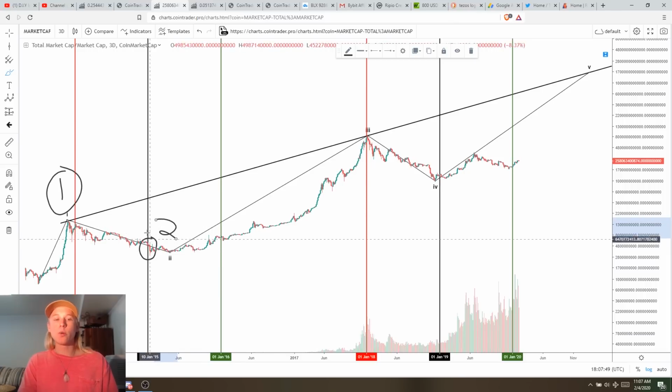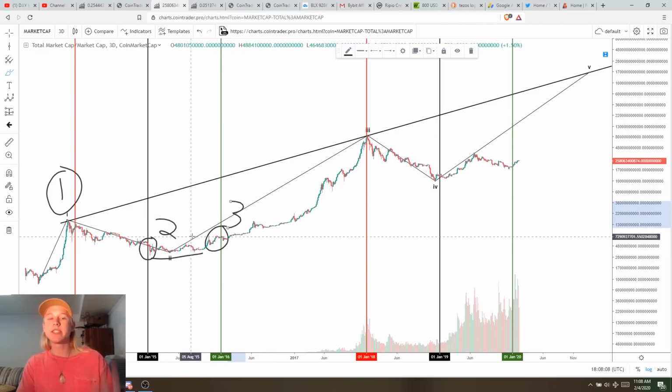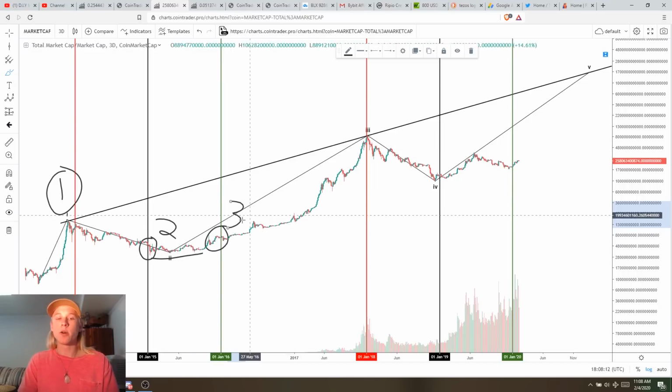Now, we go through this accumulation phase after this point, and then this sets us up for phase 3. Now, phase 3 is the accumulation phase, and then our first breakout right here. This is where we actually break out of these lows and make a higher high. And then this is phase 3, right? And this is the way that the 2 cycles are lining up, I should say. Now, this takes us into a 2-year bull run.